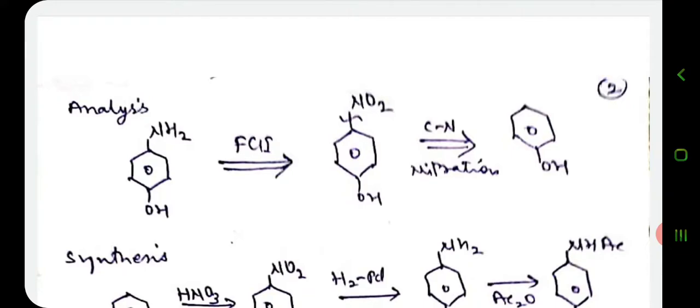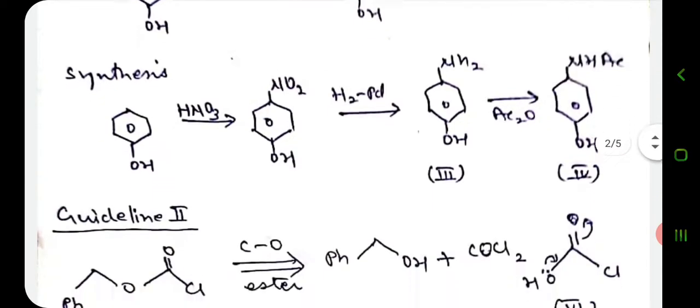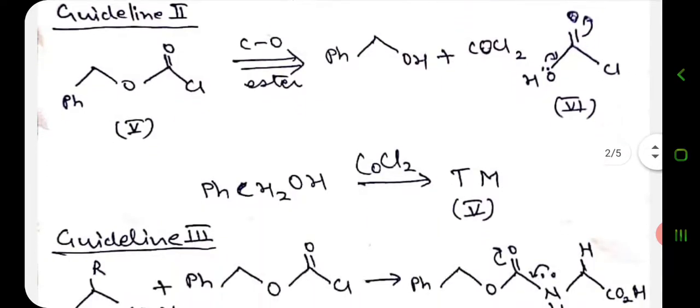Ammonia is more nucleophilic than water but less so than OH negative. Thus the NH2 group can be acylated in preference to the OH. We can see this in this reaction. Also, another example: when one functional group can react twice, the starting material and first product will compete for the reagent. So the reaction will be successful only if the first product is less reactive than the starting material.